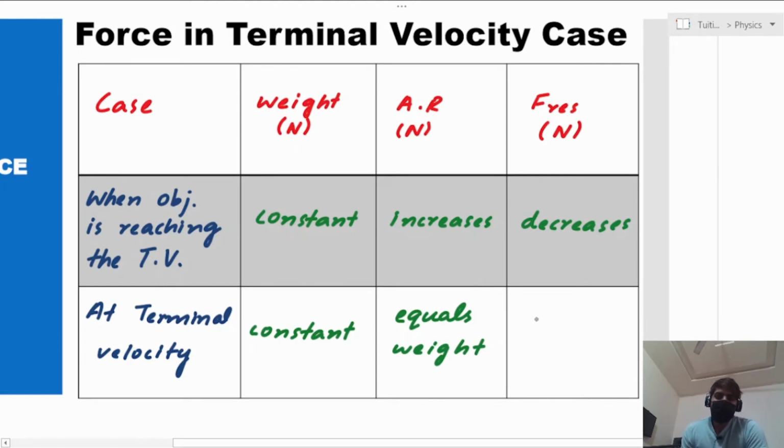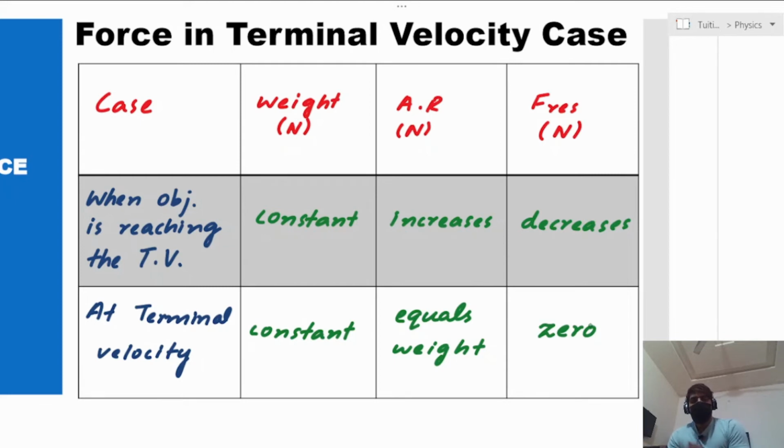And resultant force in that case would be 0, because the resultant force is the difference of weight and air resistance, and if you subtract two quantities with the same magnitude, if the weight was, let's say, 5 Newton,